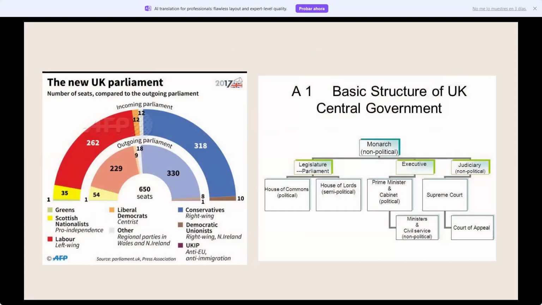In this slide, we can see in the first picture how seats in the United Kingdom Parliament were divided after the 2017 election, with the Conservatives, or right wing, having the most seats, followed by Labour and several smaller parties. And in the second picture, we can see the structure of the United Kingdom government with the monarch at the top and three main branches underneath. That is, as Shannon was saying, the legislature,